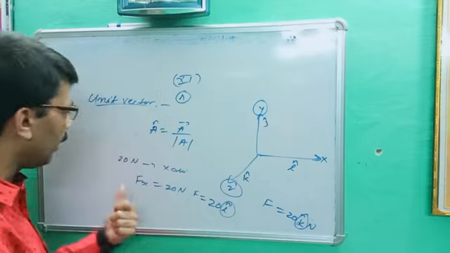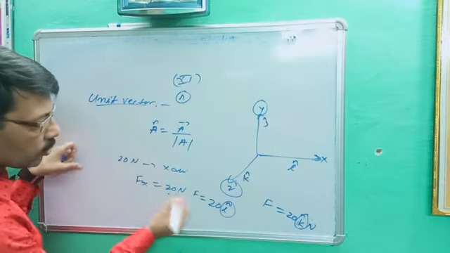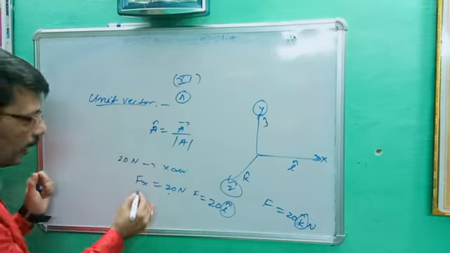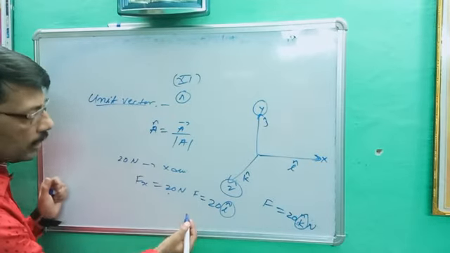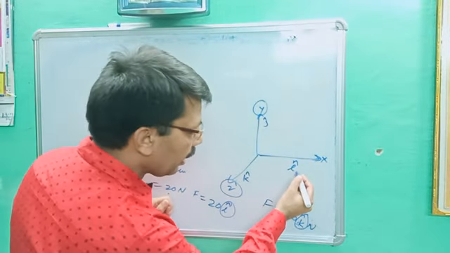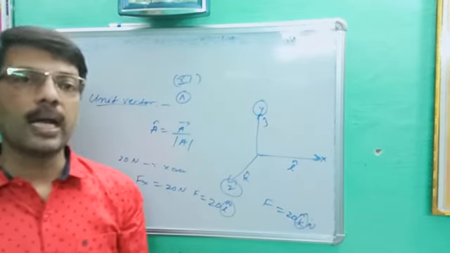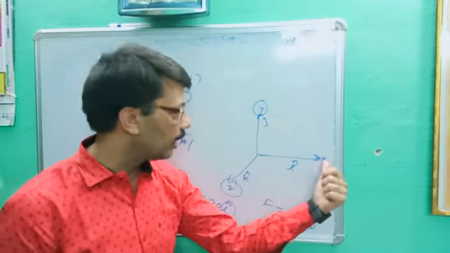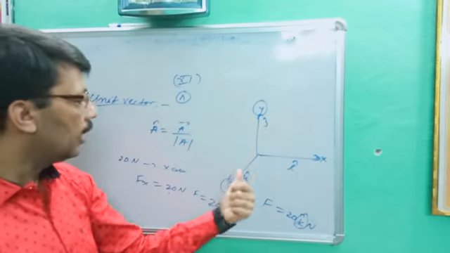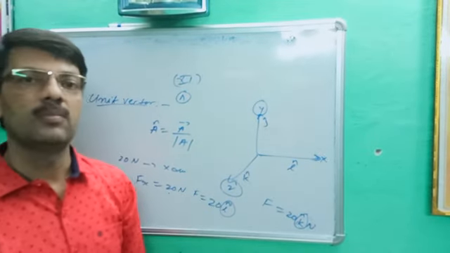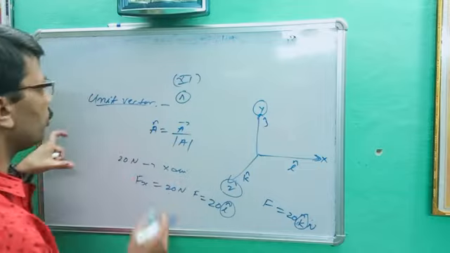So in the old idea, the formula was directly Fx is equal to 20 Newton, or Fy is equal to 20, or Fz is equal to 20. But in the new idea, if you put i cap, j cap, k cap, they show the unit vector and their direction. I cap for x dimension, j cap for y dimension and k cap for z direction. Okay, so this is all about your unit vector.